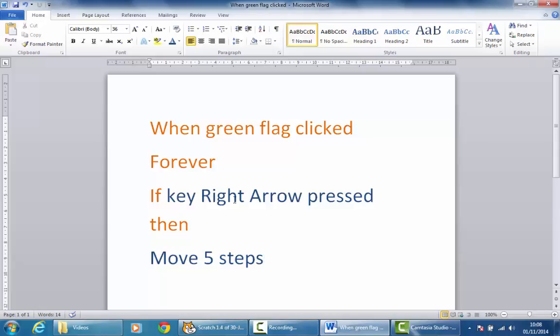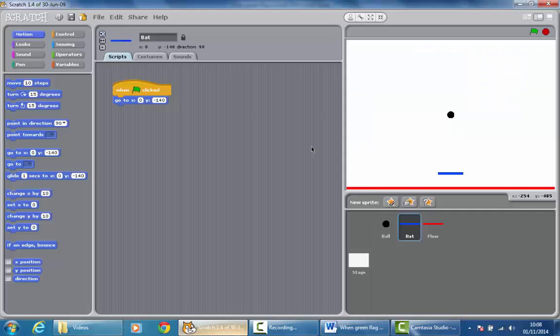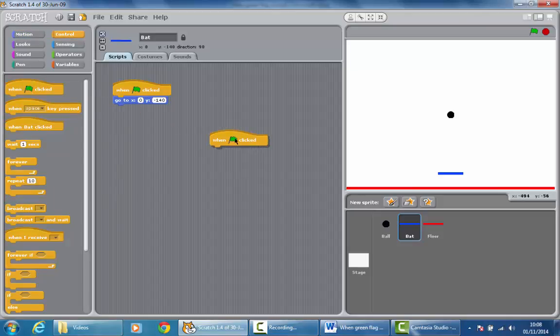Okay, if you've come back here, you've probably had a go at creating this little program for your bat. Now I will show you what we needed in terms of the blocks, and I'll leave them and then you can perhaps organize them yourself. So this is like the next level of help. For the bat, we need a when clicked. We also needed a forever loop. I'll pop this up here. And then we needed an